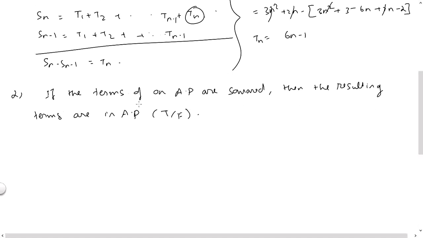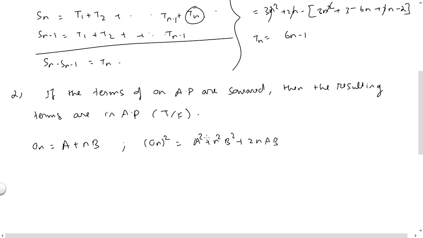It's simple. For all these kind of questions, what we will do is we will take the nth term an, which is, since it's a linear expression, we don't have to always write it as a plus n minus 1 into d. Since it is a linear expression in n, we will write it as a plus n into b. Are you following? Now here what is said is the terms of the arithmetic progression are squared, which means what will happen to the nth term? Even the nth term will be squared. So what we will get? A square plus n square b square plus 2n ab.